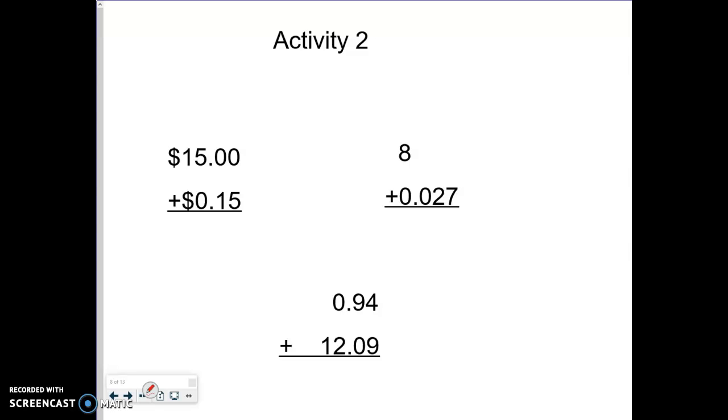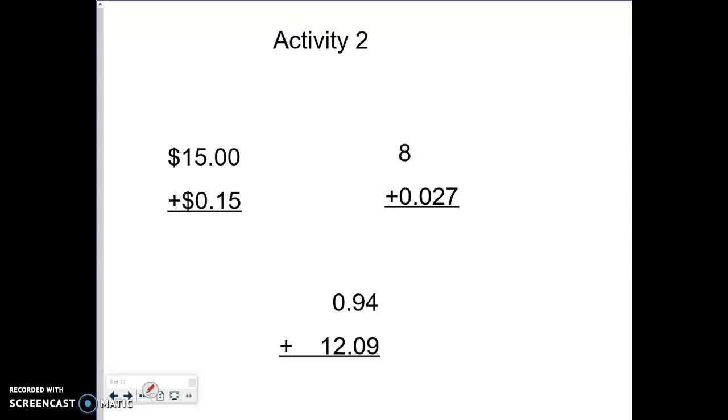This is Mr. Mace again with a very similar learning target to what the last video was. We again are going to be adding decimal numbers. So please make sure you have your math expressions book out, maybe some scratch paper, something to write with, so that you are prepared to work through some of the problems that I'm going to put in front